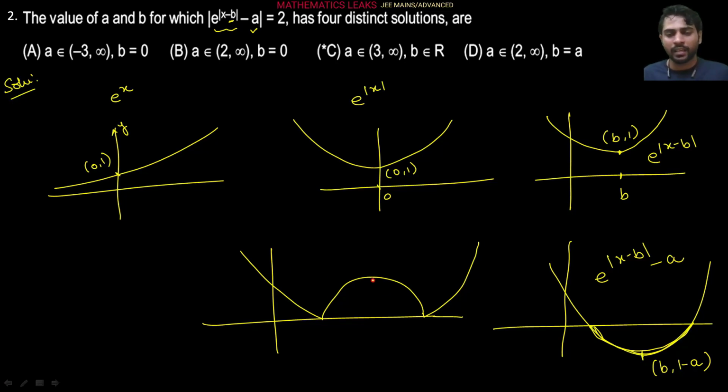So right now this is the point here. This point is b, 1 minus a. So this will be b, comma. This is shifted since 1 minus a is below the x-axis, negative. So because of taking the modulus, this will be a minus 1. Why? Its modulus we have taken. This negative value's modulus means the sign will be changed. So multiplying by the minus, you get a minus 1. This is the point, this one. Clear? So right now this is our graph of the mod of e to the power x minus b, minus a. Everybody clear?